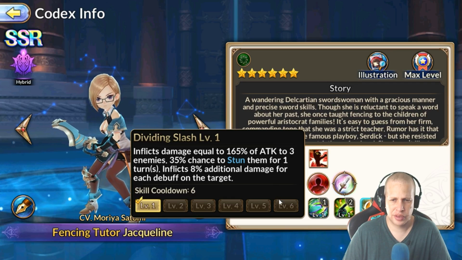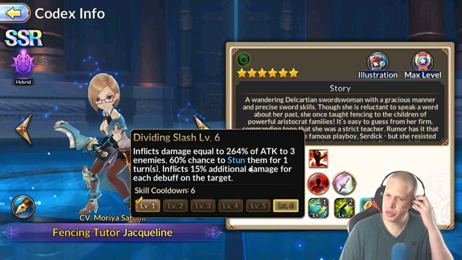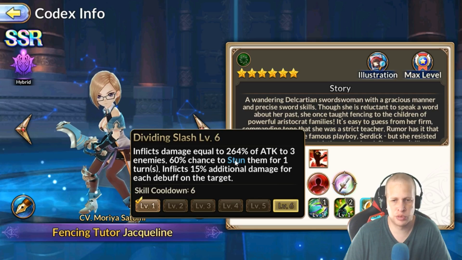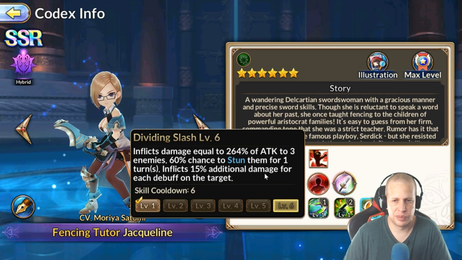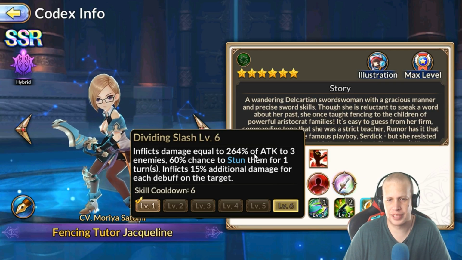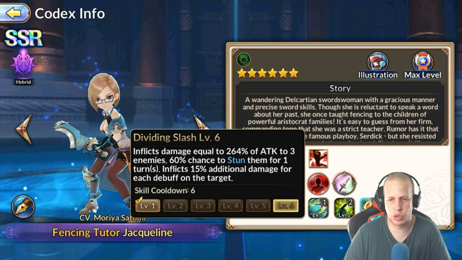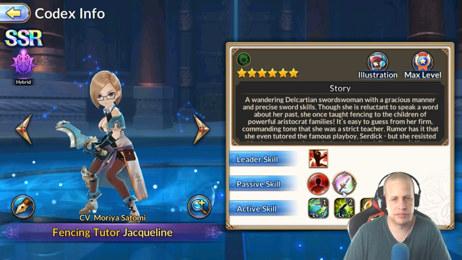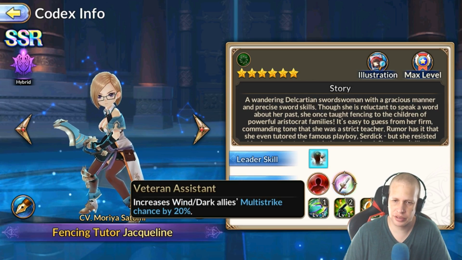But then on her 3, you skill it up, you get the 264 in a cone. 60% chance to stun. Stun counts as another abnormal status, by the way. 50% additional damage for each debuff on the target. So basically, you want her on a team that's going to stack debuffs, especially abnormal status ones. And we haven't even gotten to the best part of her yet, so...